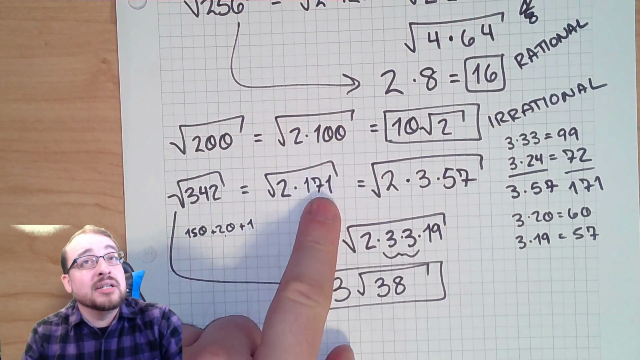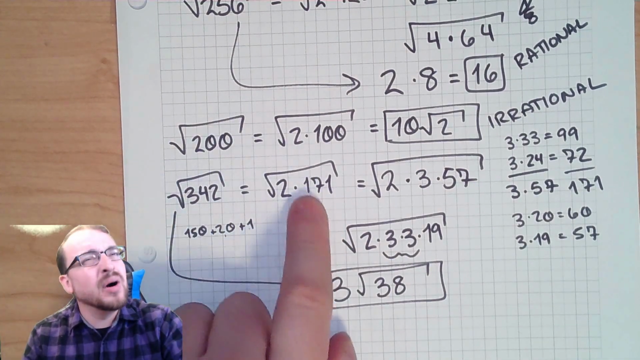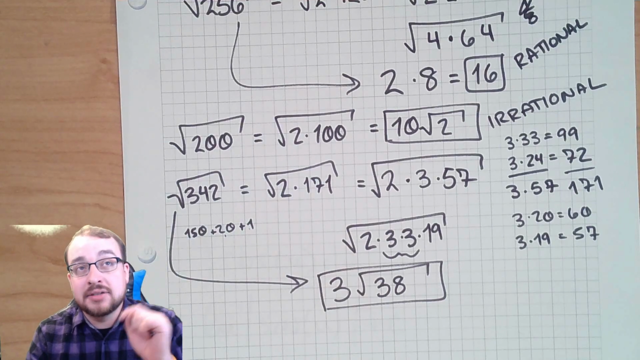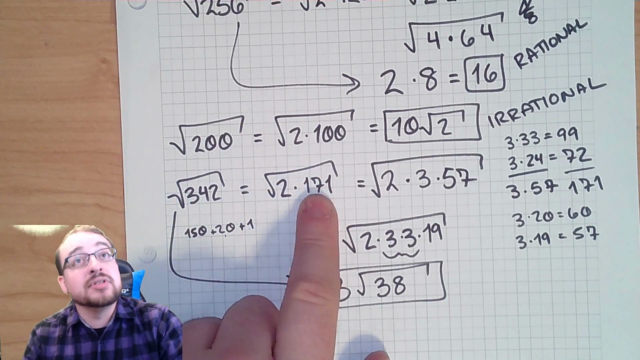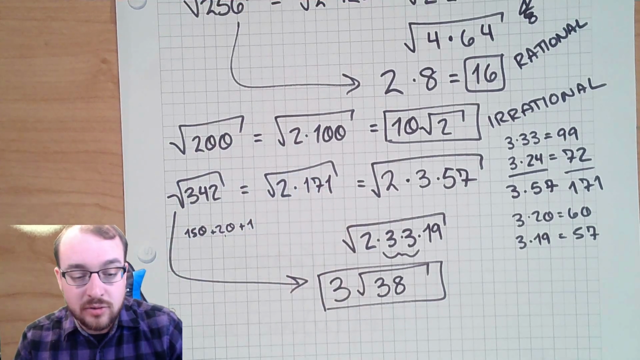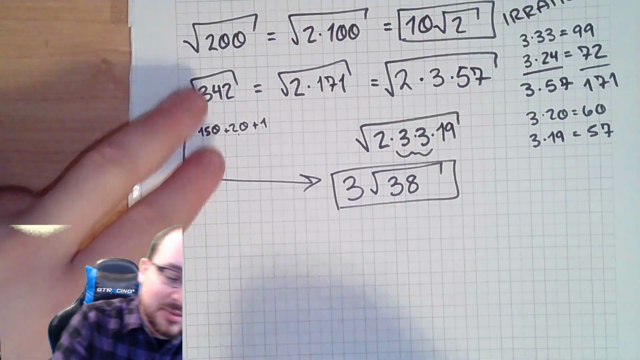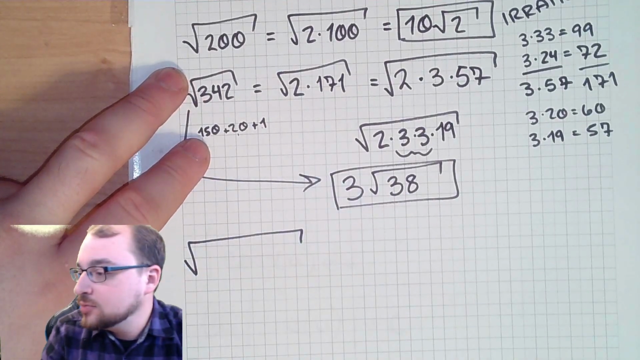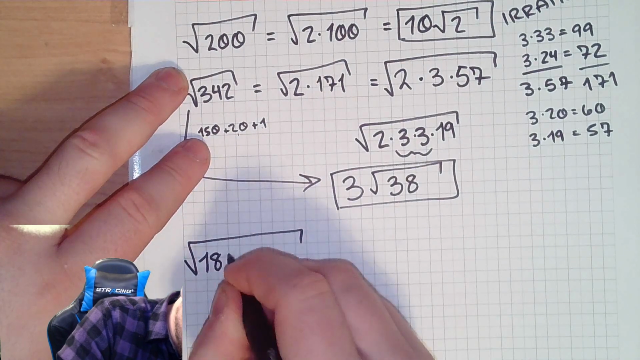If you run into an odd number, that doesn't mean you're stuck. You need to think, do other numbers go into it? And a good one to check is 3. And again, the idea is you can add up those digits, right, and check. So 342. And the last one I want to do, sticking with square roots, we'll talk about cube roots and all that other stuff some other day, but